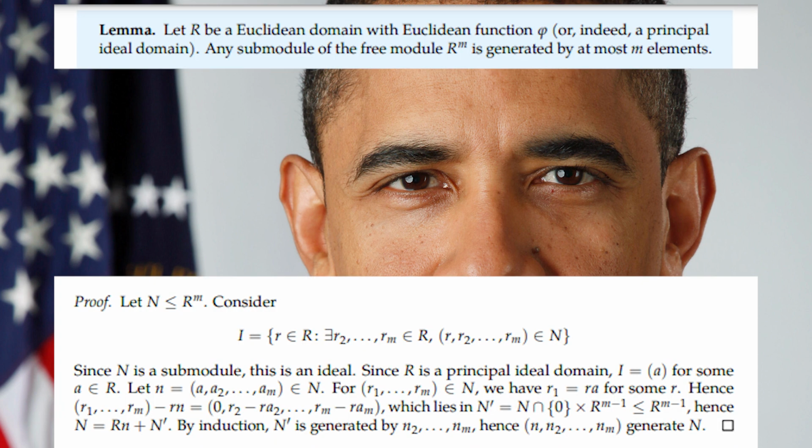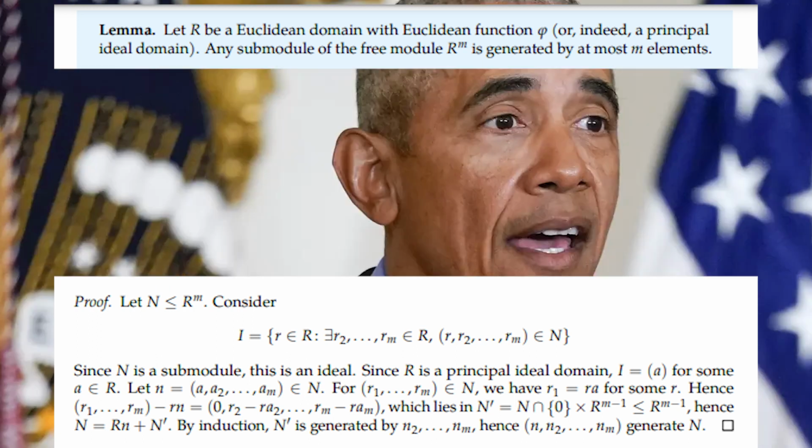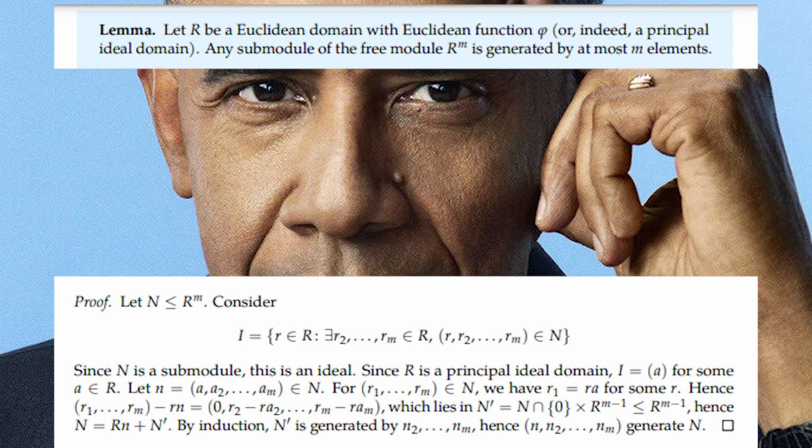Now I'm going to prove another lemma at this point. Over a Euclidean domain, any submodule of the free module R^m is generated by at most m elements. Here's the proof of that. Take some submodule N and consider the set of r in R such that there is an m-tuple in N with r the first element. This is an ideal of R since N is a submodule, so we get closure under addition and multiplication. Since Euclidean domains are principal ideal domains,